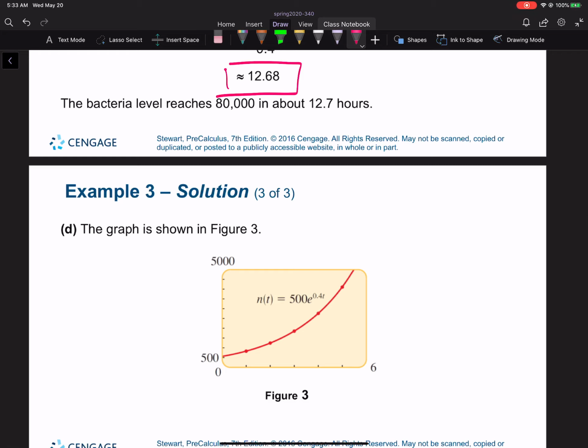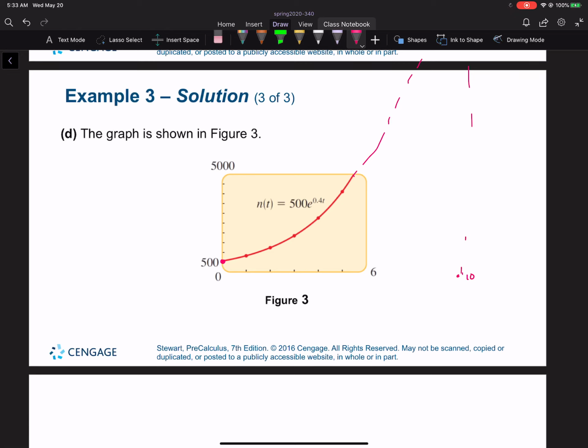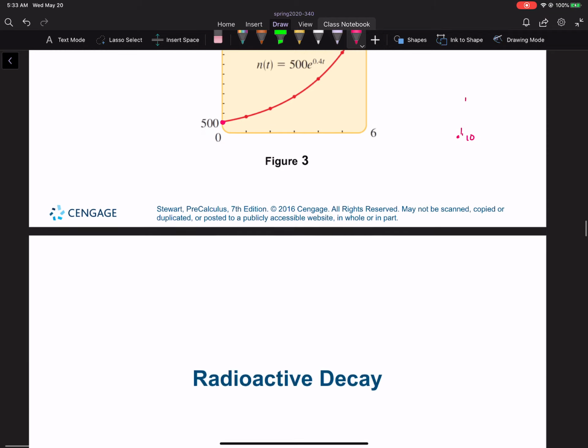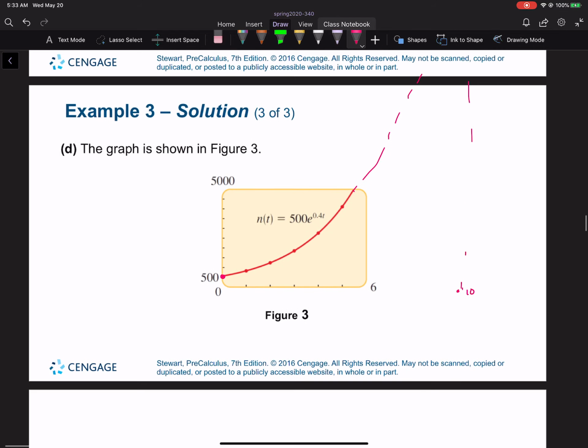So it's growing exponentially. We know the behavior, and we already had two points. We had one over there, and then this is up to 6. So if we look at 10, this graph grows exponentially at 10, somewhere here. All right, so it's not that hard to sketch the graph because you already know what the exponential graph looks like if it's growing exponentially versus decaying or decreasing. Okay. All right. So I'm going to end this for now,